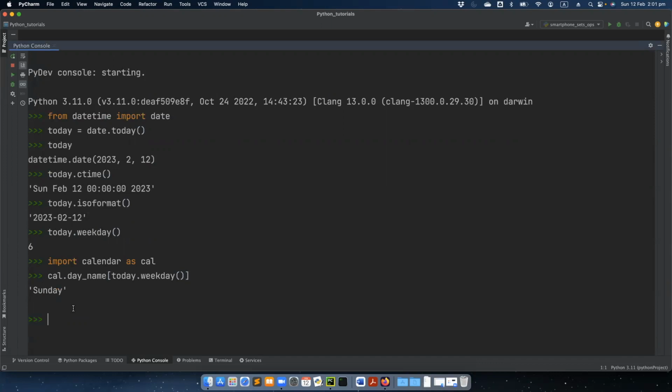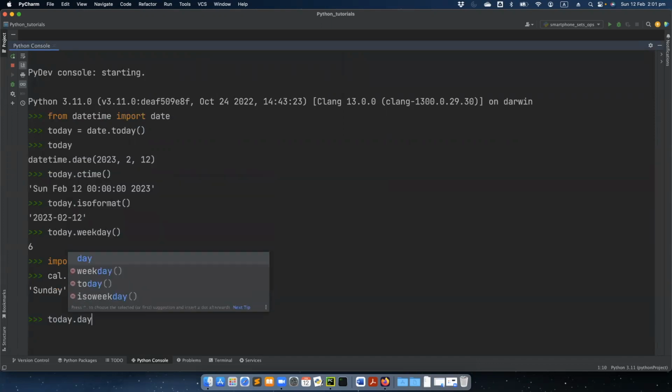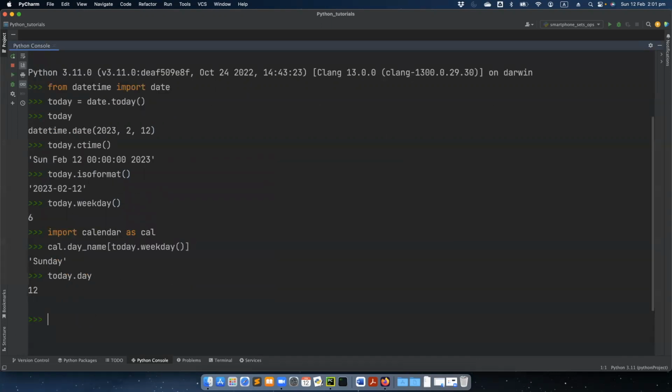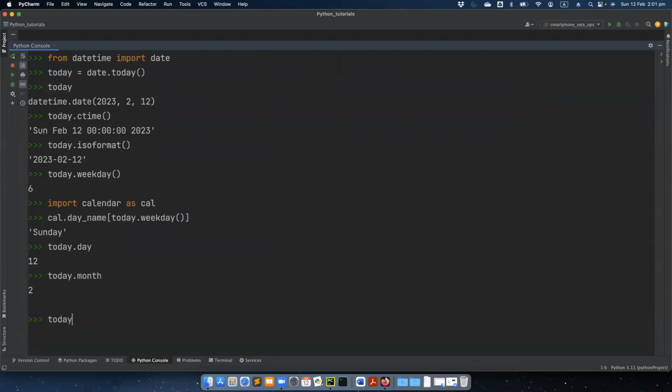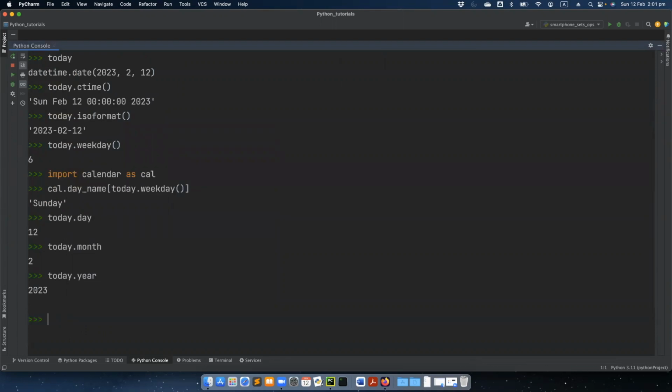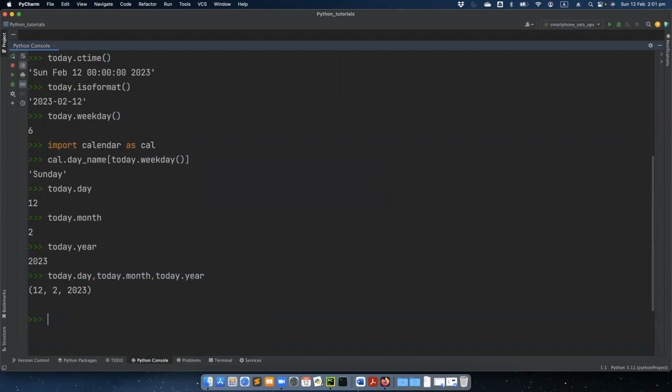Similarly, you can also query the day, month, and year of the dates by invoking this day, month, year, or you can obtain them all together in a tuple. And you can get a whole host of information about a particular date by doing